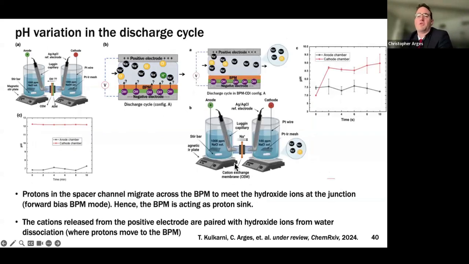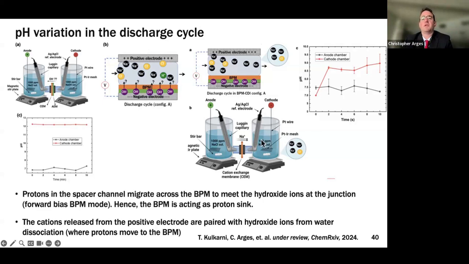From my time working in the pharmaceutical industry, for different reasons I won't get into, if you leave behind one ion, say a sodium ion, in the water, because of electroneutrality, the water is going to have to shift its distribution of proton or hydroxide to accommodate the sodium ion so that you maintain electroneutrality. So here we just had a cation exchange membrane. We had two different concentrations of NaCl.